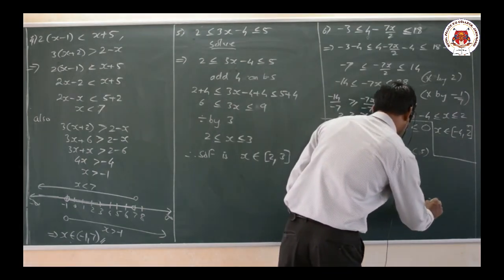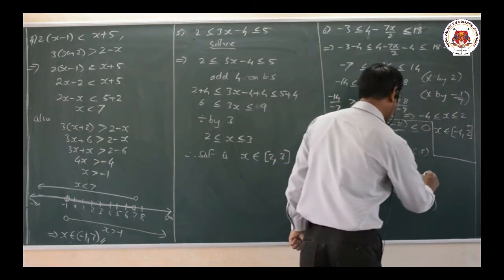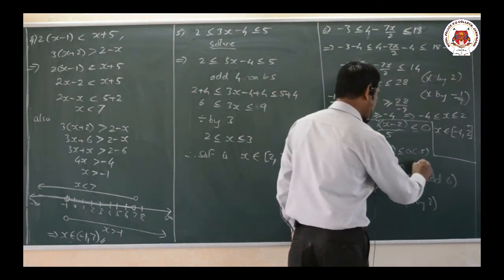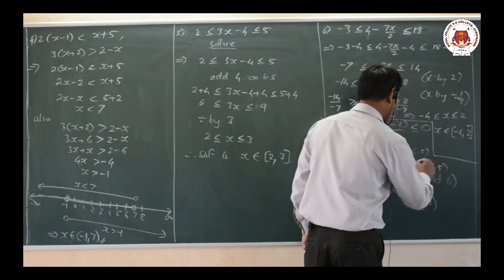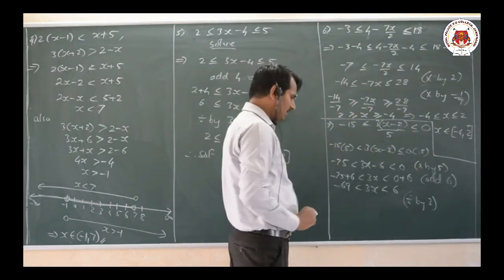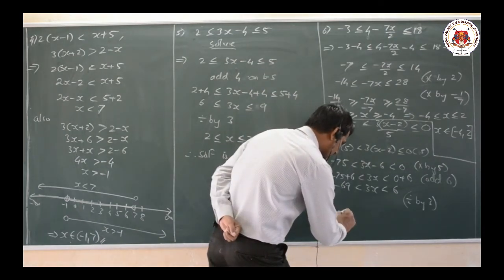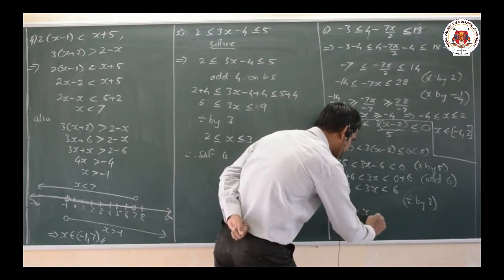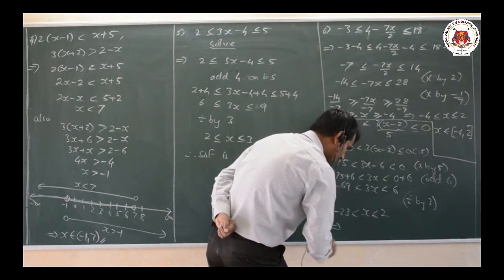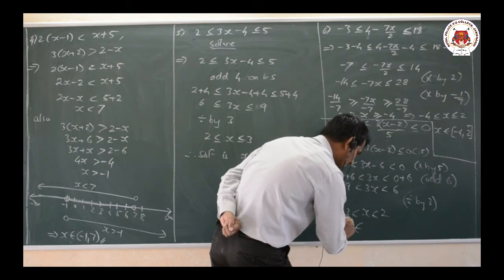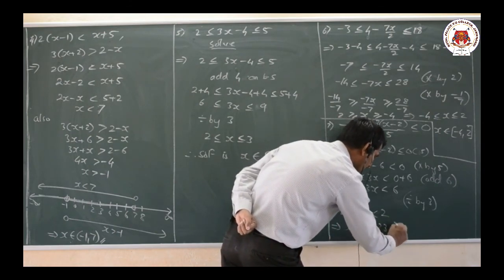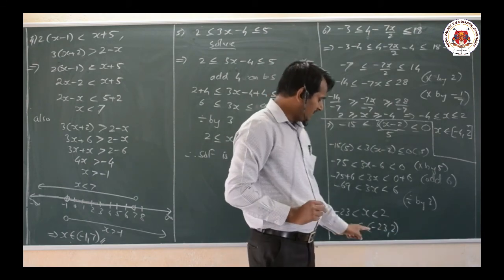Divide by 3, and here what we are adding is 6, add 6, and here what I did was multiply by 5, multiply by 5 I had done here. That means by 5 means throughout we are multiplying. Divide by 3 means what we get is minus 23 less than x and less than 2 here. That implies x belongs to minus 23, comma 2. And here we are making use of the open bracket.